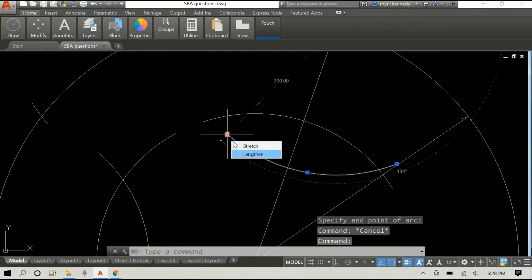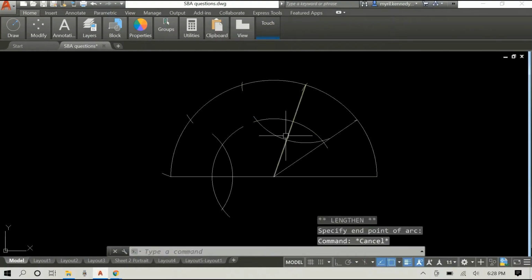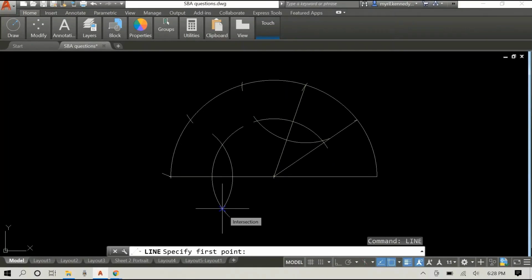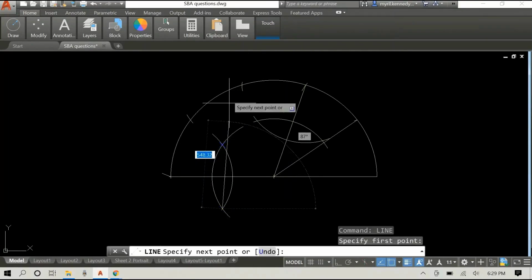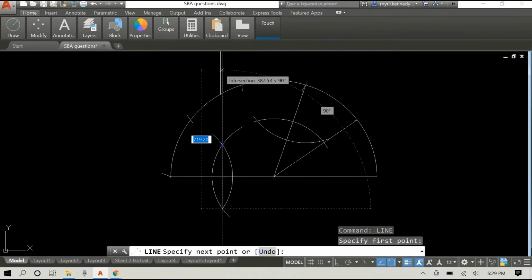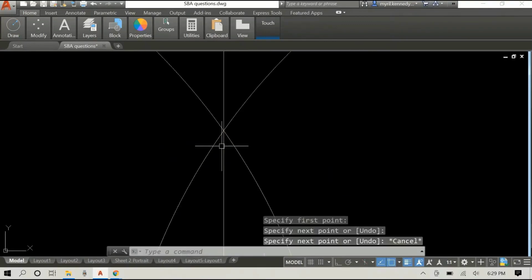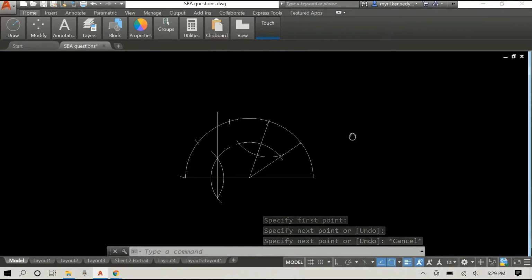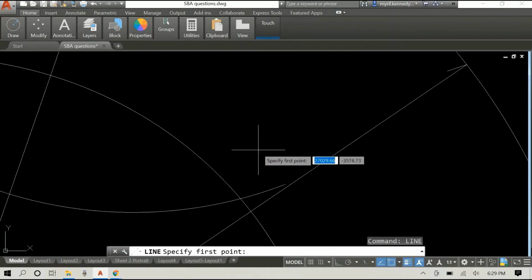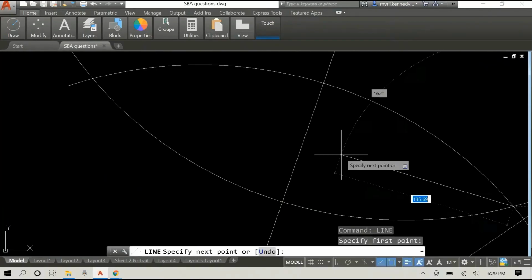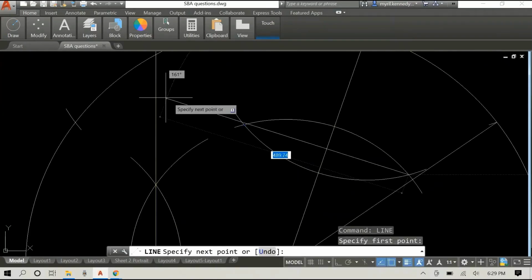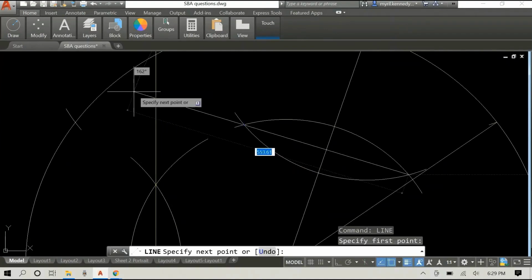So we bisect these two lines, and wherever the two bisecting lines intersect, that is the center. Just making sure that the line is correct. Good. So wherever these two lines intersect, that will be the center of the circle,